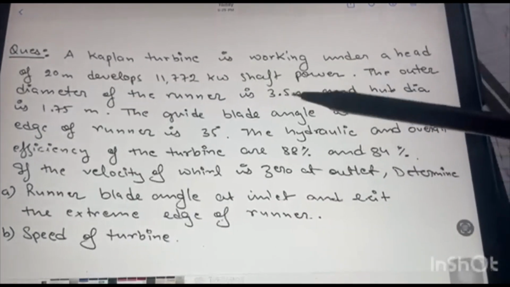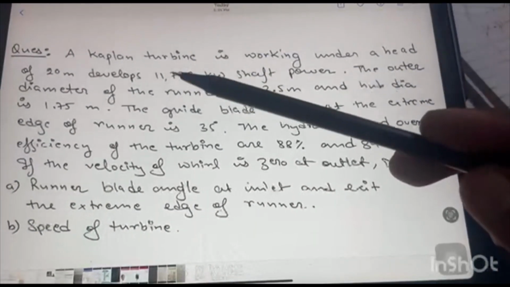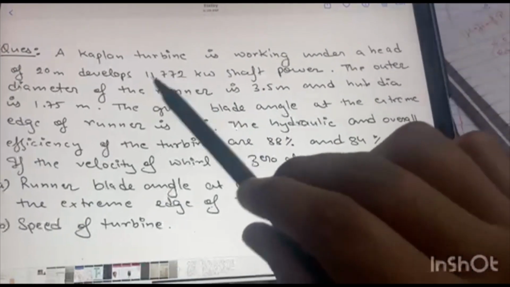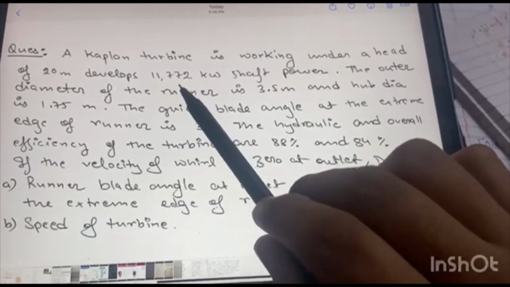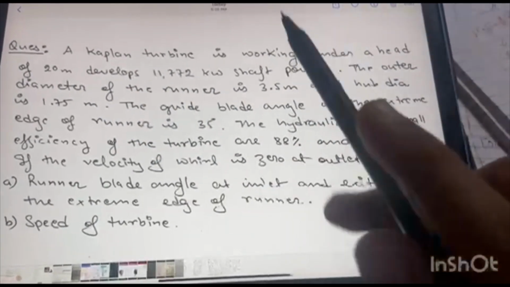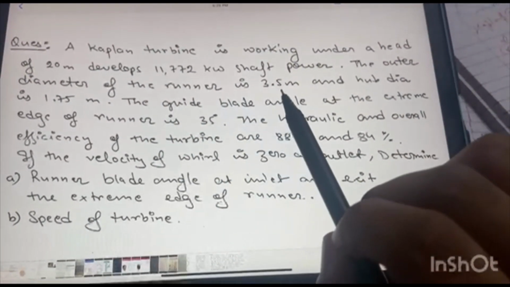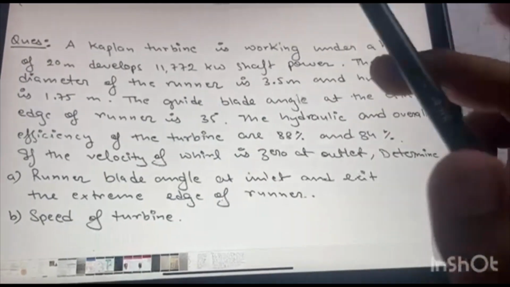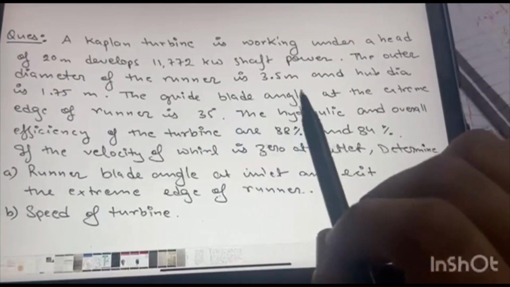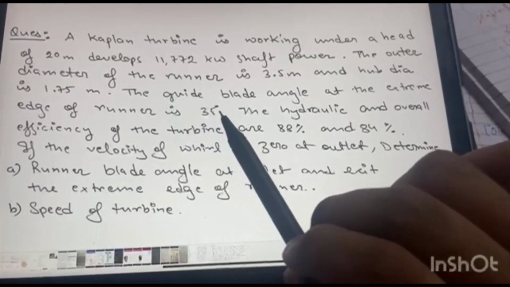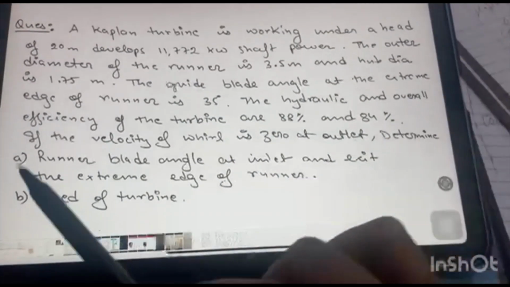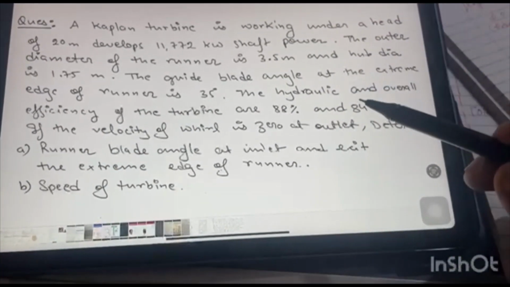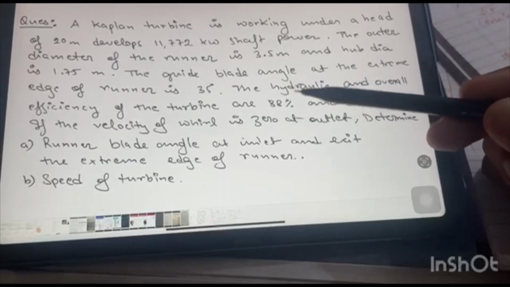ओके, इसके बाद हम एक क्वेश्चन सोल्व करते हैं। ये रहा क्वेश्चन, कैप्लन टरबाइन इज वर्किंग अंडर अ हेड ऑफ 20 मीटर, डेवलप इतना पावर, ये शाफ्ट पावर है। देखिए शाफ्ट पावर है, उसने हेड दे दिया। द आउटर डायमीटर ऑफ द रनर इज 3.5, डायमीटर दे दिया D1, और ये हब डायमीटर दे दिया DB, और बोस डायमीटर बोल लीजिए। गाइड वेन का एंगल उसने दे दिया एक्सट्रीम एज पे 35 डिग्री। हाइड्रोलिक और ओवरऑल एफिशिएंसी उसने दी हुई है, 88 और 84, जहां से हमें डिस्चार्ज भी निकलेगा।